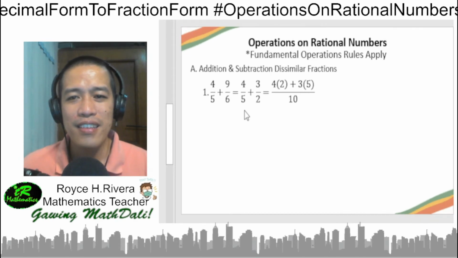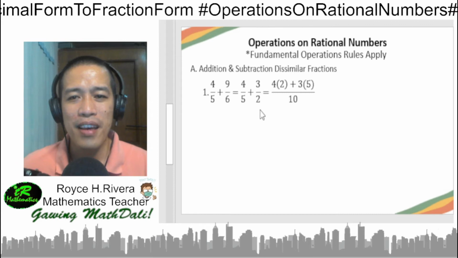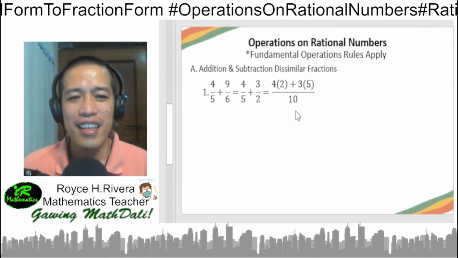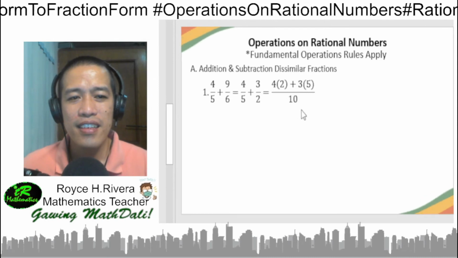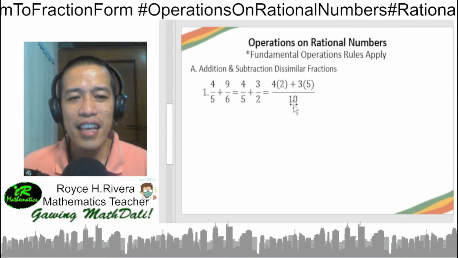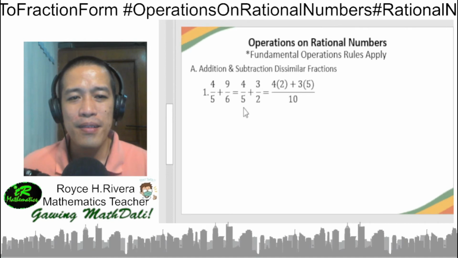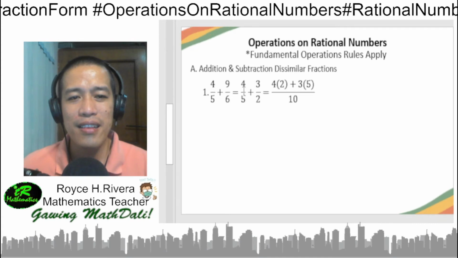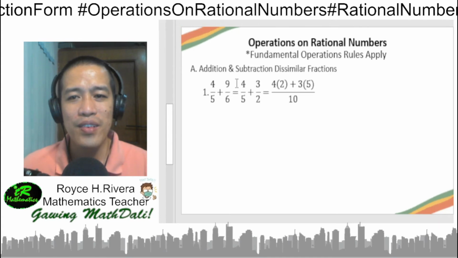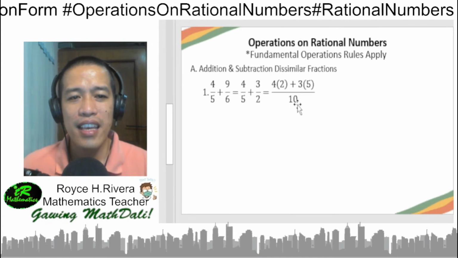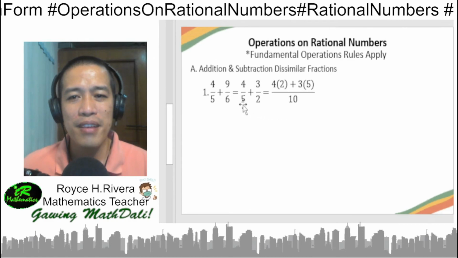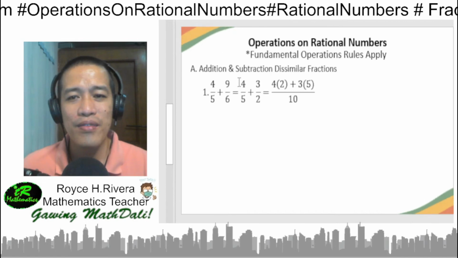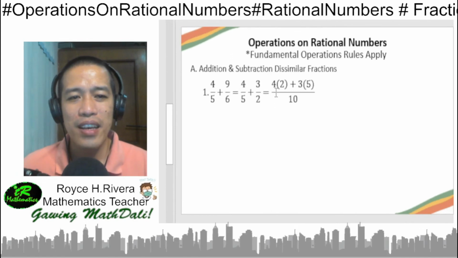Or simply, multiply 5 and 2 to get 10. Then, divide 10 by the first denominator and multiply it by the numerator. 10 divided by 5 is 2 times the numerator, 4. So we have 4 times 2